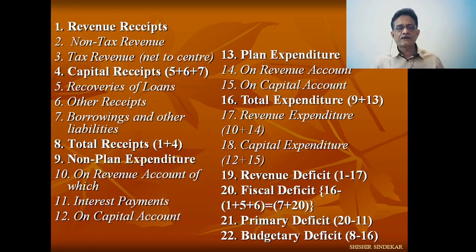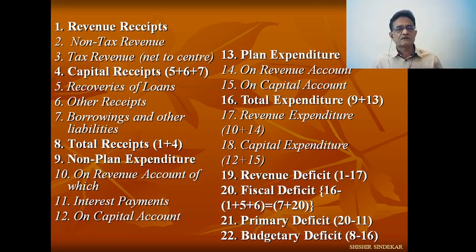This was again how previously the budget was shown. The revenue received: non-tax revenue, tax revenue, net to the center, because as we are aware, some part the central government collects, and some part has been allocated to the state government, so net to the center. And then the fourth one is capital receipt, how the government earns the money: recoveries of loans, where loans were already given, then other receipts, borrowings and other liabilities, then total receipt, that is the revenue